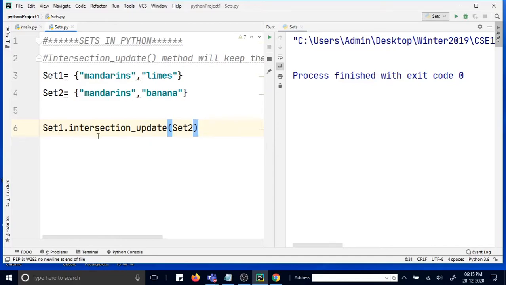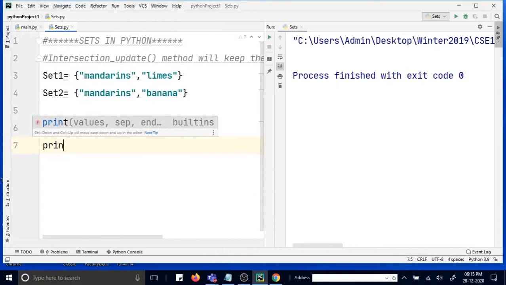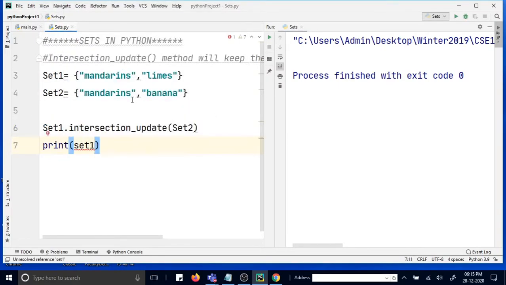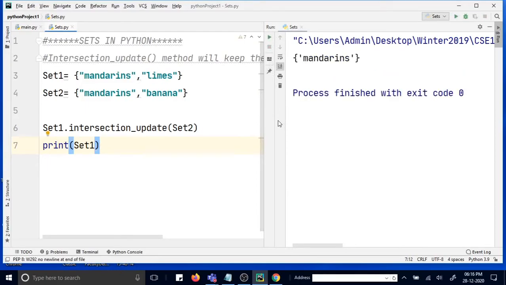So set 1 equal to this. So set 1 you have to print. Okay, so it is only printing the first one, intersection update.